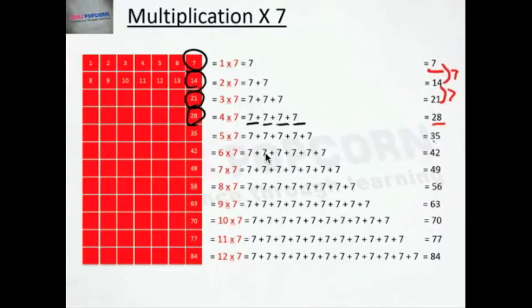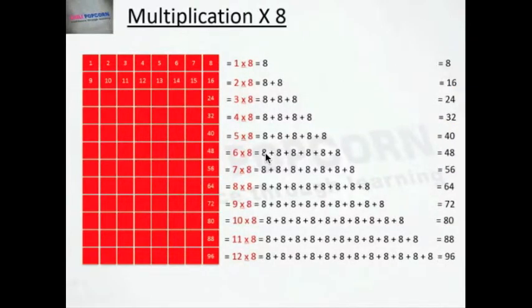5 times 7 is 35, 6 times 7 is 42, 7 times 7 is 49, 8 times 7 is 56, 9 times 7 is 63, 10 times 7, again, remember the trick of the 10 times table, you take 7 and add 0, you get 10 times 7, which is 70, 11 times 7 is 77, 12 times 7 is 84. Likewise, in the same way, 8 times table, 1 times 8 is 8, 2 times 8 is 16, and